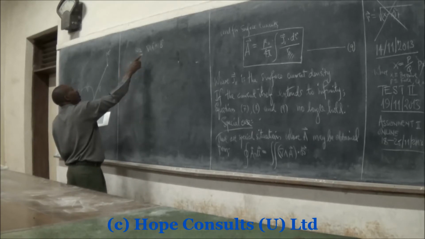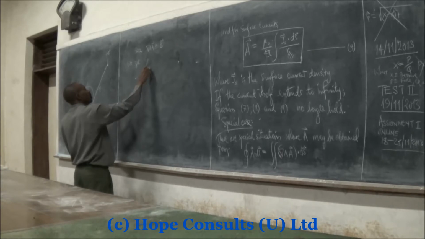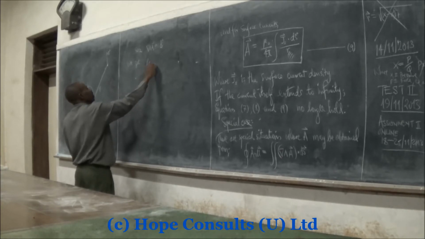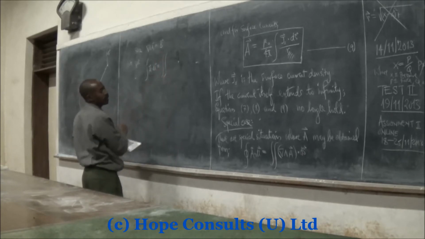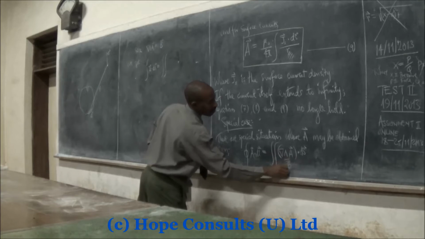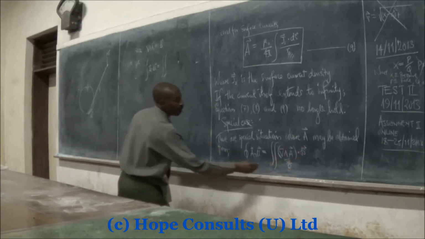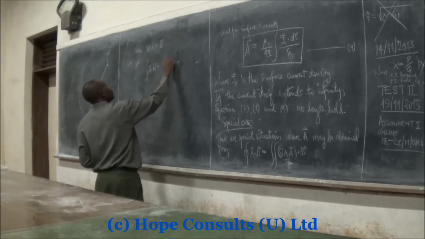So since we have that equal that, we get that the integral of A dot dl is equal to the surface integral, and because this is equivalent to B, we get that this is B dot